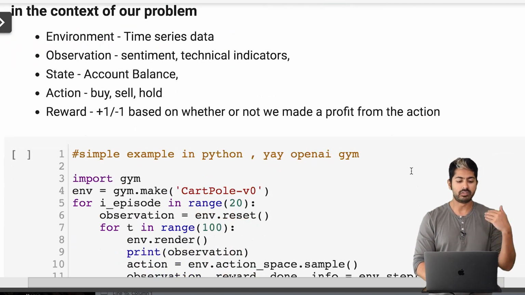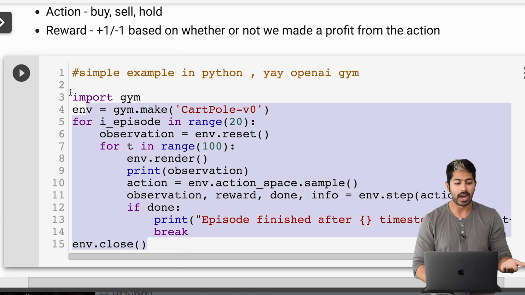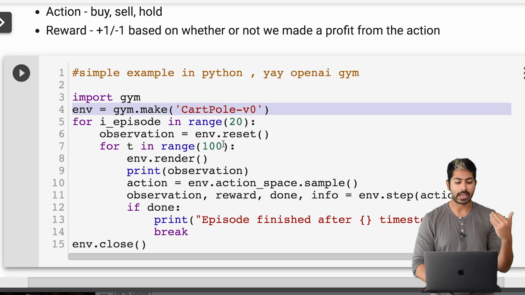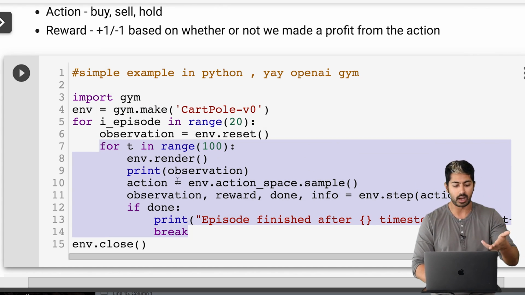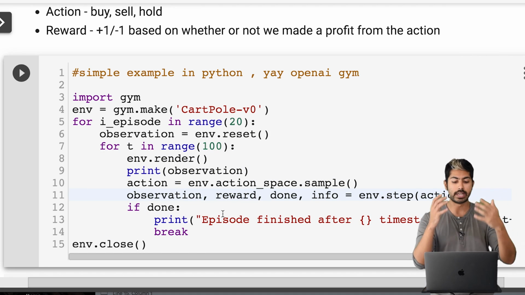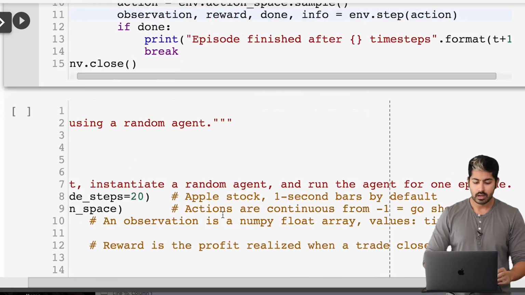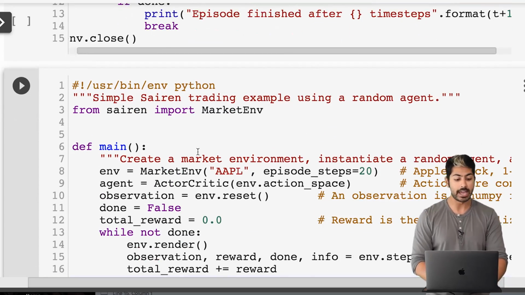So the simple example of this Markov decision process, we can code out in Python using OpenAI's Gym library. We have an environment, we make an observation, and then in this loop process, this is the Markov decision process, we make an observation, and then we use that observation to make an action, and we repeat that process over and over again. Now, in the context of a financial market,